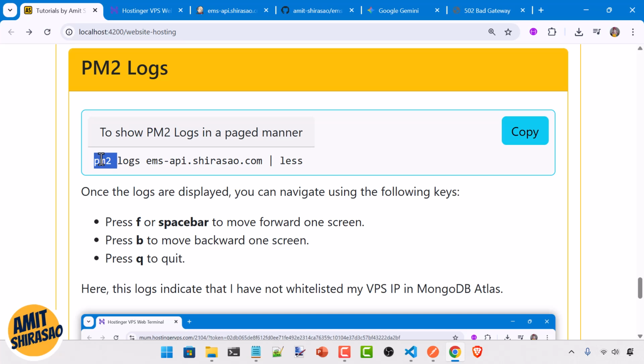So PM2, I told you now, runs certain commands on the deployment server. So deployment server, not development, deployment server. So PM2 will also be logging something. So if you want to see their logs, you don't have to go to the log file. You just type this command and you will be able to see it. Here F means